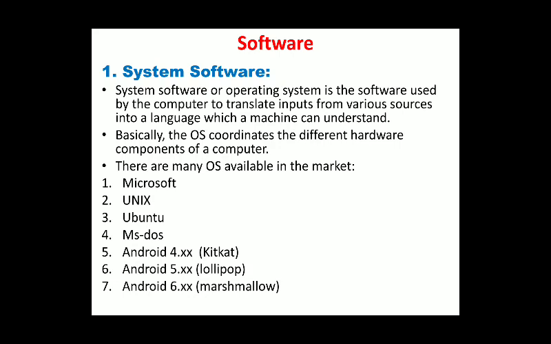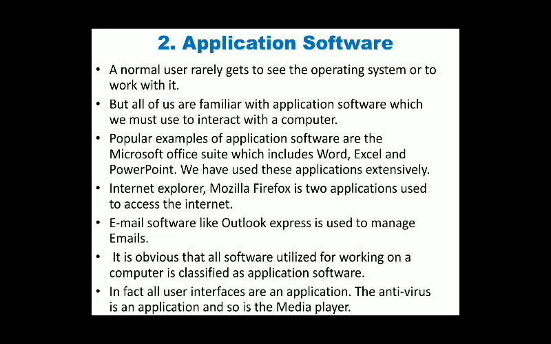After that, we learned about application software. You can download it from Google and do your task with the application. That software is called application software. It is not compulsory software, but for doing our daily routine tasks, application software is needed. I hope you have understood both types of software, application software and system software.